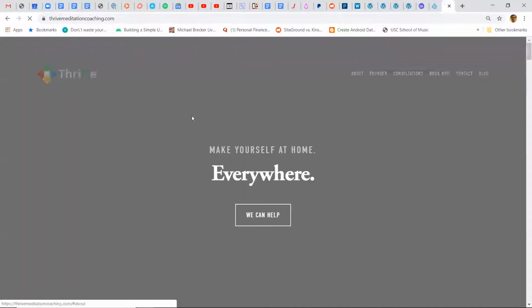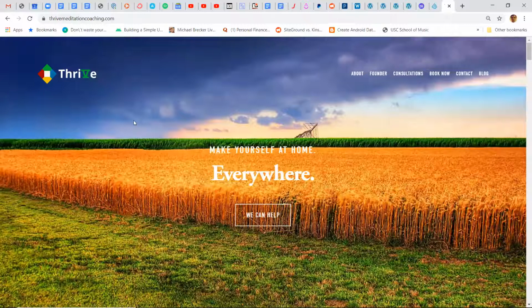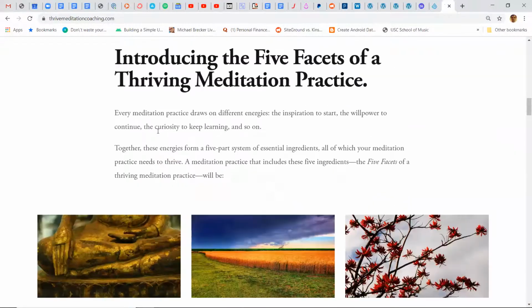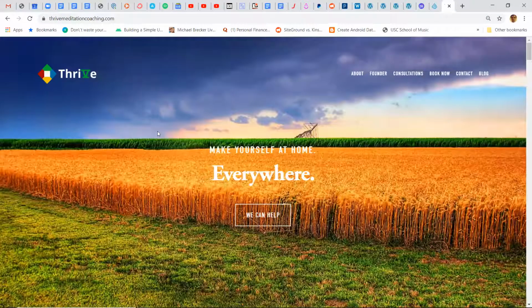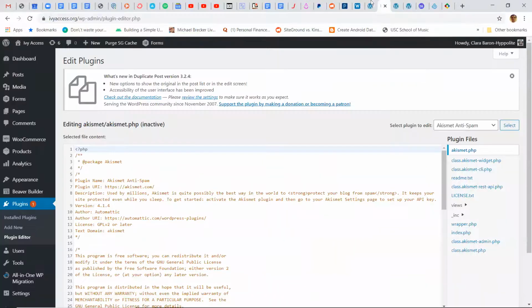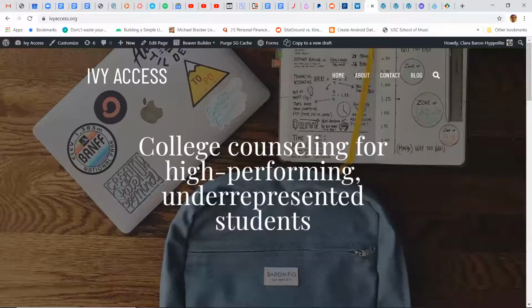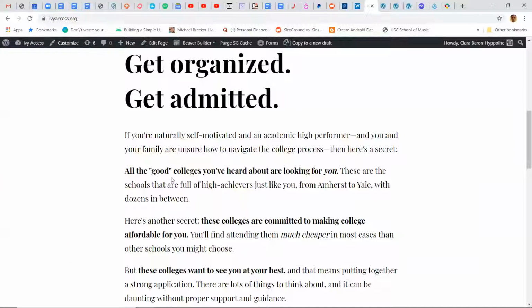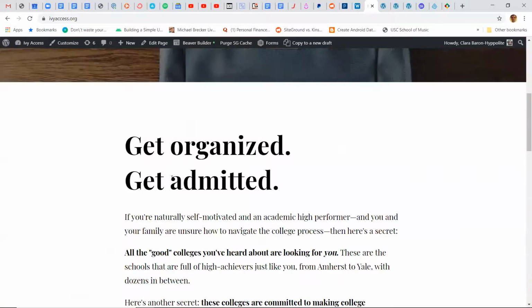So this is a website I played with in Squarespace, and so this is not WordPress that we're looking at. This is Squarespace, and this is one of the templates that Squarespace has available. And I basically set out to copy it, and this was kind of the result.